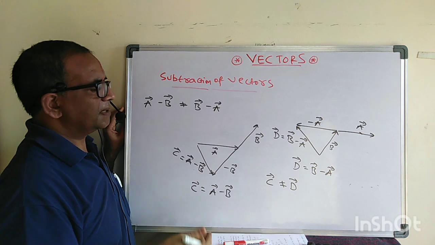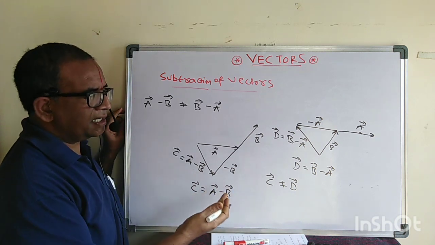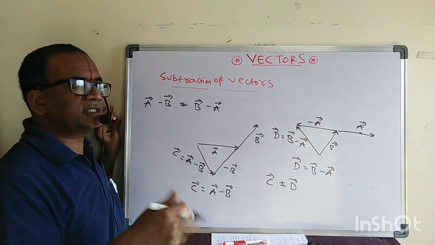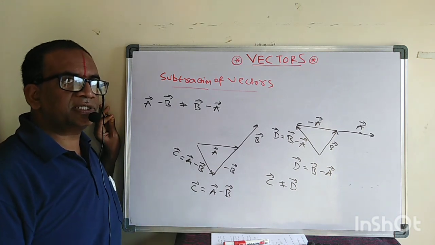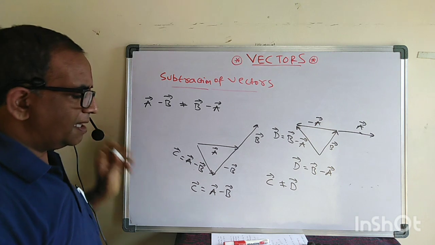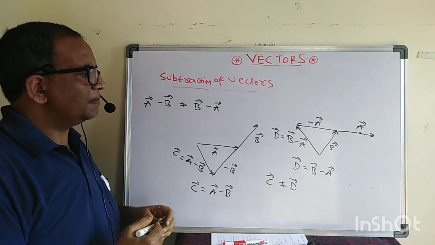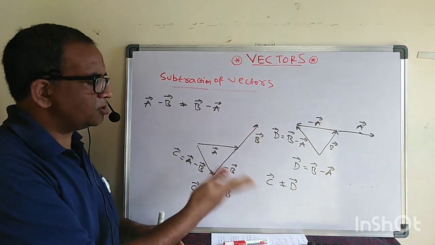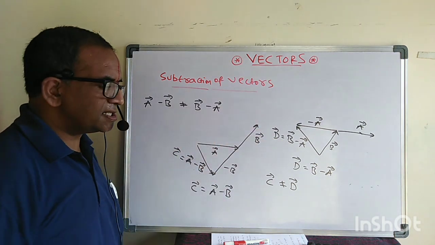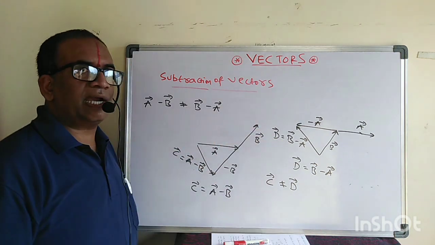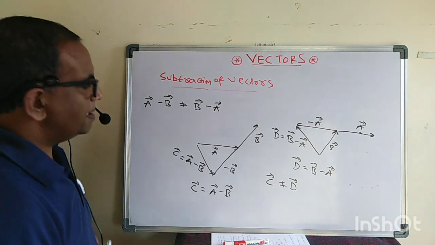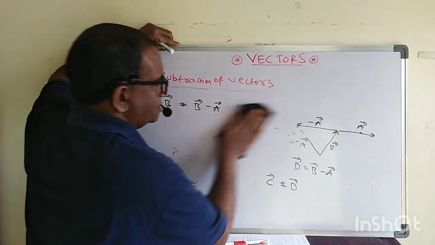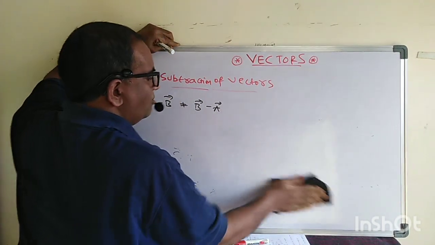Because whenever you are subtracting and taking the negative direction, the direction is changing. If the direction changes, they don't follow this law. But here I am just saying A plus B, just drawing the diagrams and doing. But how can we say mathematically about the addition of vectors? Mathematically, we can add vectors by using the parallelogram law of vectors or the triangle law of vectors.